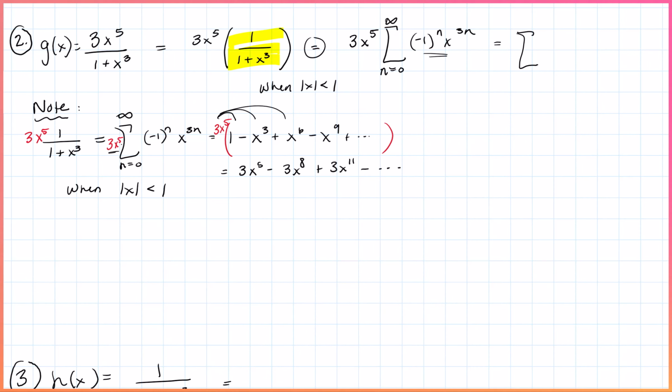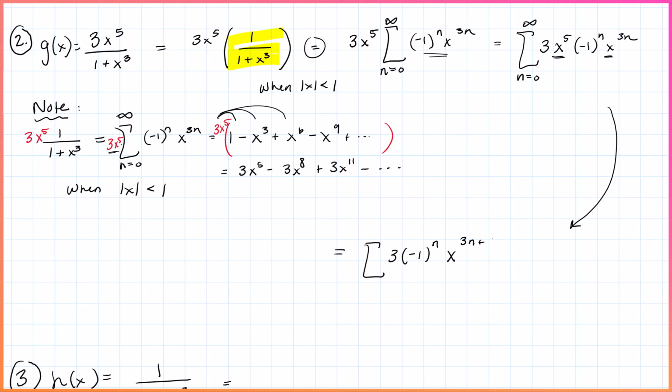So this becomes the sum from n equals 0 to infinity of 3 times x to the 5th times negative 1 to the nth, x to the 3n. Well, x to the 5th and x to the 3n have the same base, so we can add their exponents. So I'm going to jump down here. This becomes the power series. We still have that constant 3. Every term is going to have that constant 3 when we distribute it. Negative 1 to the nth, x to the 3n plus 5, and n starts at 0, goes to infinity, and this is how the function g of x, 3x to the 5th over 1 plus x cubed, can be represented,